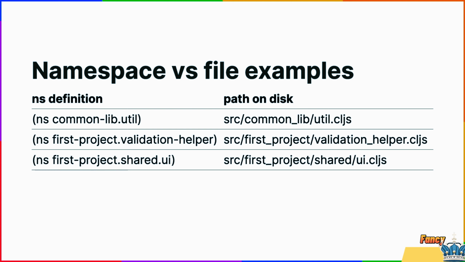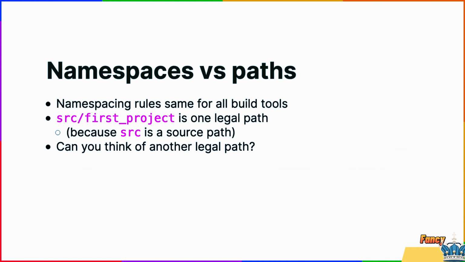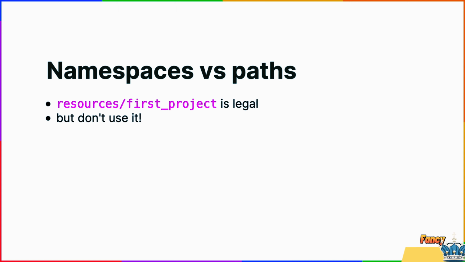Here are some examples of namespaces and their respective paths on disk. The naming rules for namespaces are common for all build tools. Since namespaces expect the file to exist on a particular path, can you think of another location that is a valid path for firstproject.core? If you thought